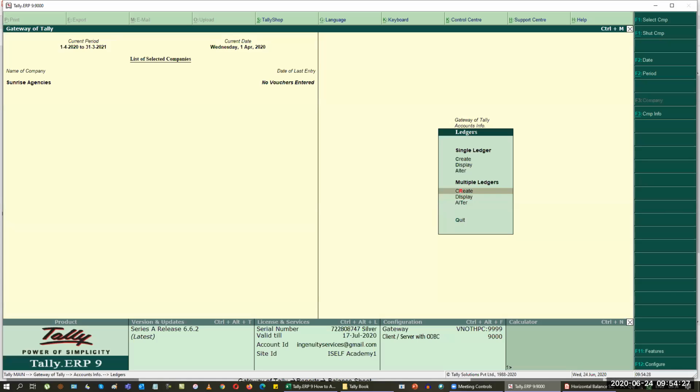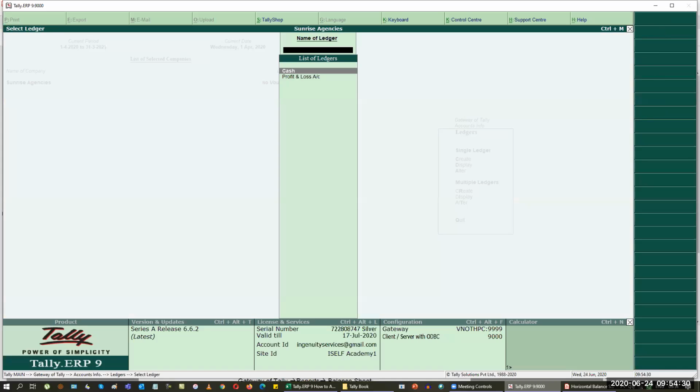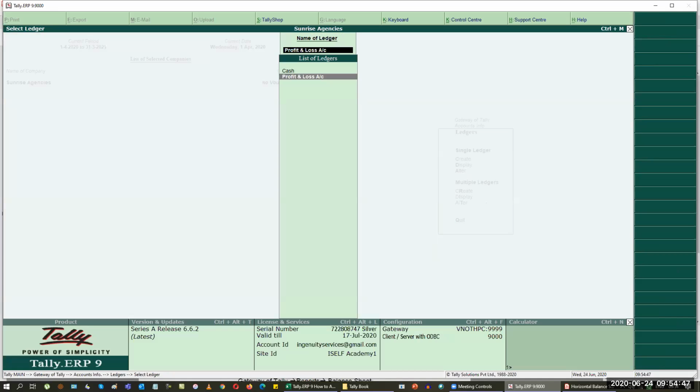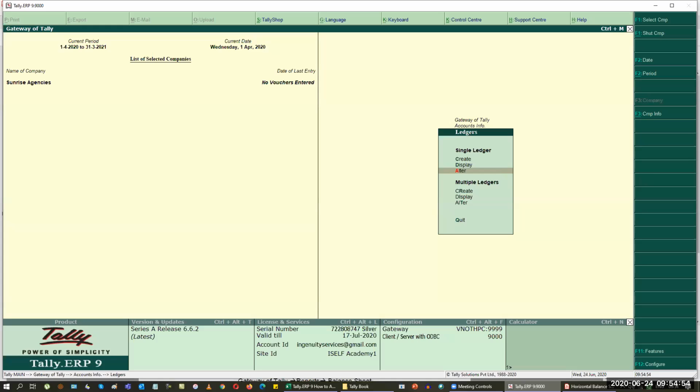So I'm going to go back to my alter option, single ledger, and then I'm going to feed the value here. I'm going to come down here, 2250. Here we go, that's the value for me, and I'm saving it. Then I come back to my profit and loss account, Ctrl+N to jump to the last line, and 285000, and it picks up the credit automatically. So now I have fed the opening balances of my basic 2 ledgers. Now I have to create the rest of them. Whenever I create a ledger for the first time, I request every one of the students who are trying it for the first time, please use single ledger creation.